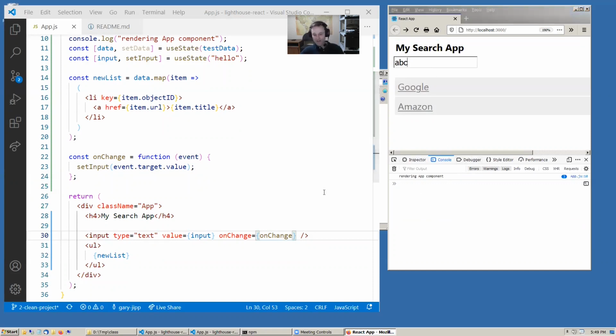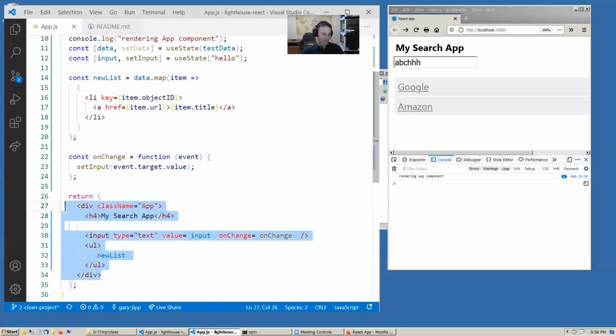And why did that happen? Of course, it rendered because now I've changed some state, and it re-renders, which means it runs my function all over again. And it runs this all over again. It makes a new input with the value equal to the new value of input. So what's happening is essentially my shadow DOM is recreating this every single time I type a key. So when I hit that H a couple of times, I've just rebuilt this div 3 times in memory,